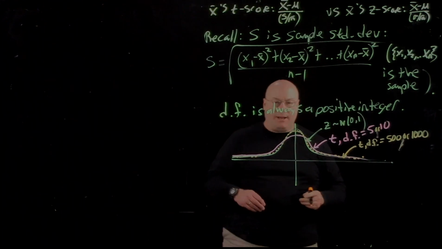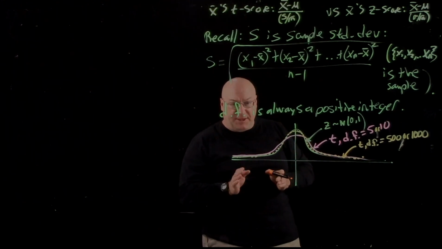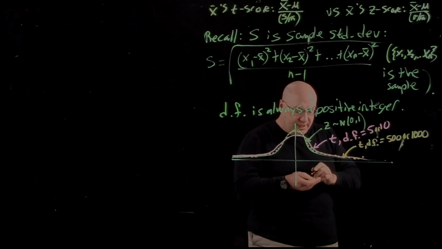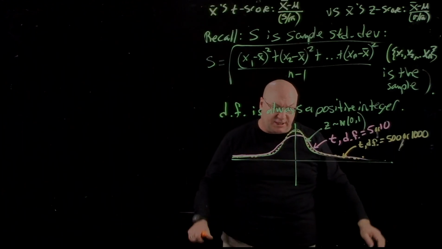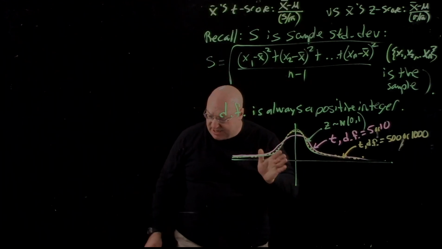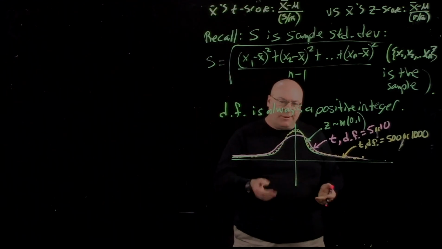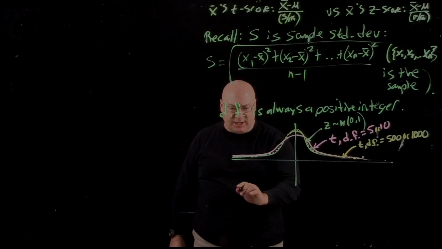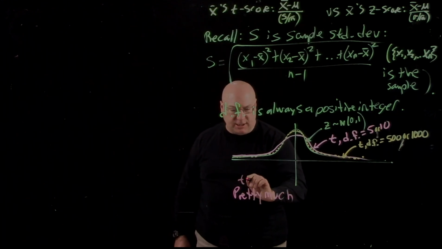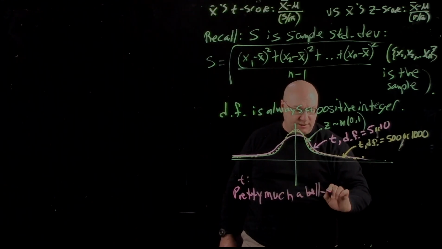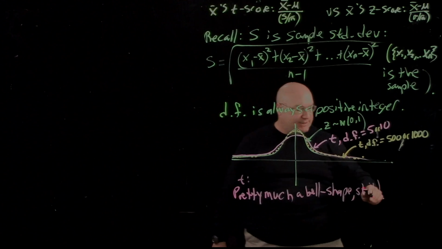What you find is that the t-curve looks more and more like the z-curve if the number of degrees of freedom gets bigger and bigger, all right? And as it shoots off to infinity, it conforms itself perfectly to the z-curve. But it never gets there because you have to go all the way to infinity to get there. So you might look at this and say, well, okay, it looks like a bell-shaped curve, and it is. Pretty much, so this is for t, pretty much a bell shape still. Okay, but it's not exactly